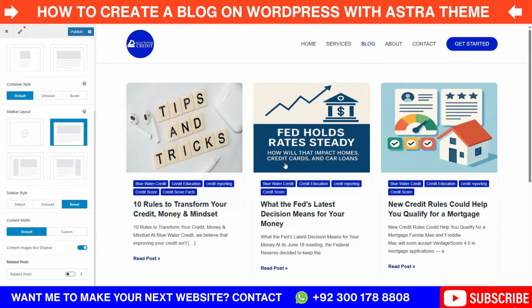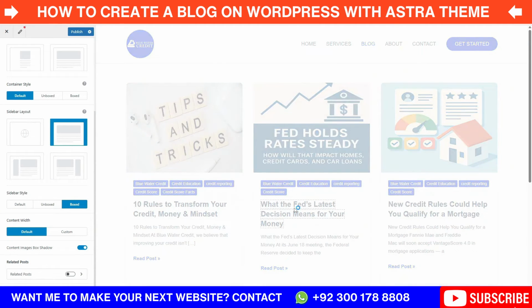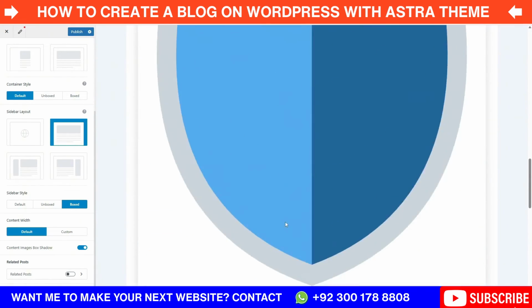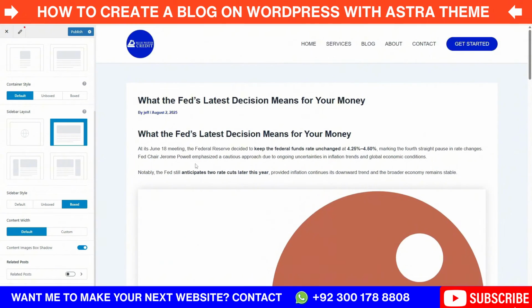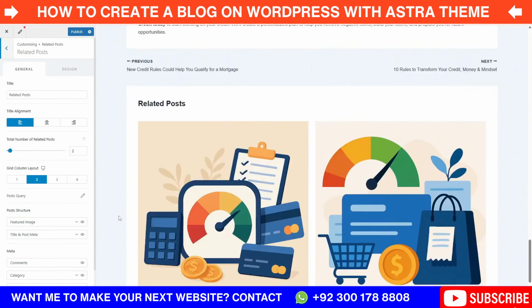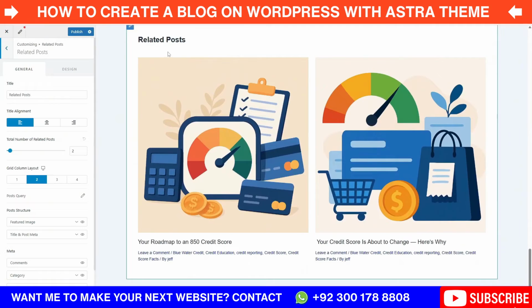So let me just open any other post. Let's just open this post right here. So here again on this one, you can see the icons are the big problem here, but other than that everything is looking fine. Content width, we have set it to normal, and then if you want to display the related post, just enable the related post option, and if you will scroll down, you will have this new box